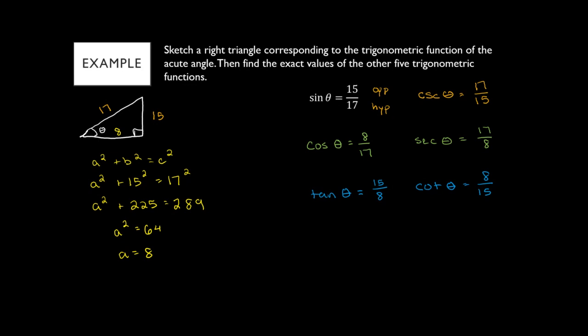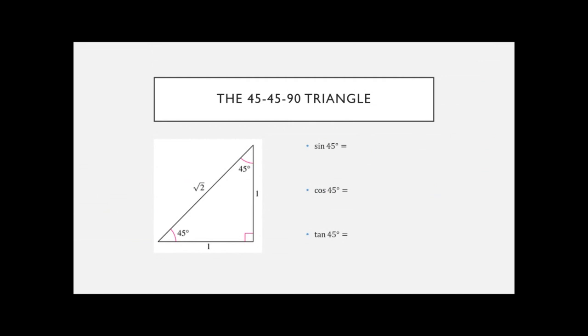Okay. So we do have 2 special triangles that we use, and they come up a lot in trigonometry. These show up on the unit circle, and these are usually the angles that we have on the unit circle labeled, and so it's important to know what these triangles are and how you can use them to figure out the common trig functions. And so the first one is the 45, 45, 90 triangle, where it's basically,